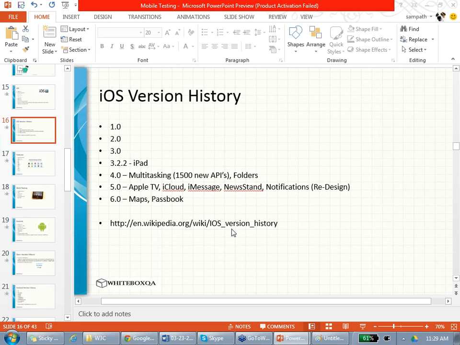People will ask you what is the latest operating system version you are testing on. You say, I am testing on 4.0, 5.0 and 6.0, because we have to do the weighted device matrix, platform matrix. Oh, very good. Everyone should go and read this link. You should use it in your resume notes.